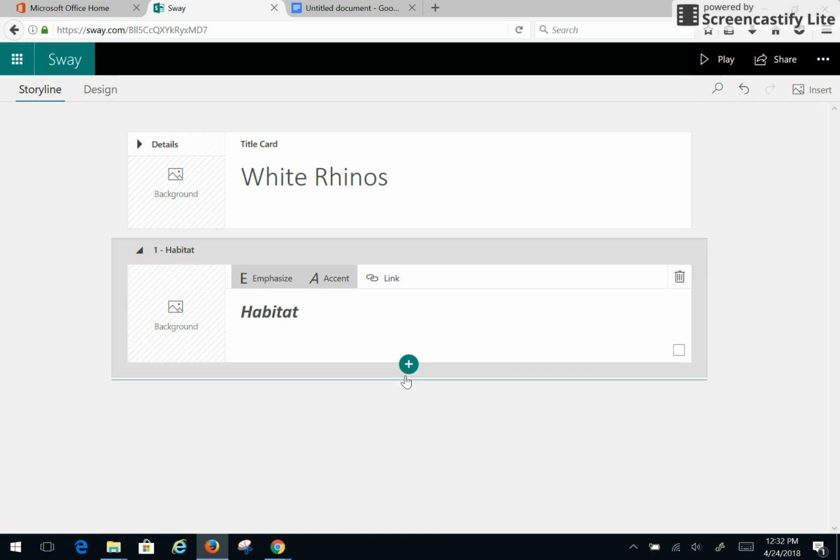So if you just bring your mouse right below it, you notice that that line pops up. I'll do that one more time. So if you're at this plus button, just go right below it, that line pops up, and this is going to allow you to add a new section to your Sway. So I'm going to click down here,